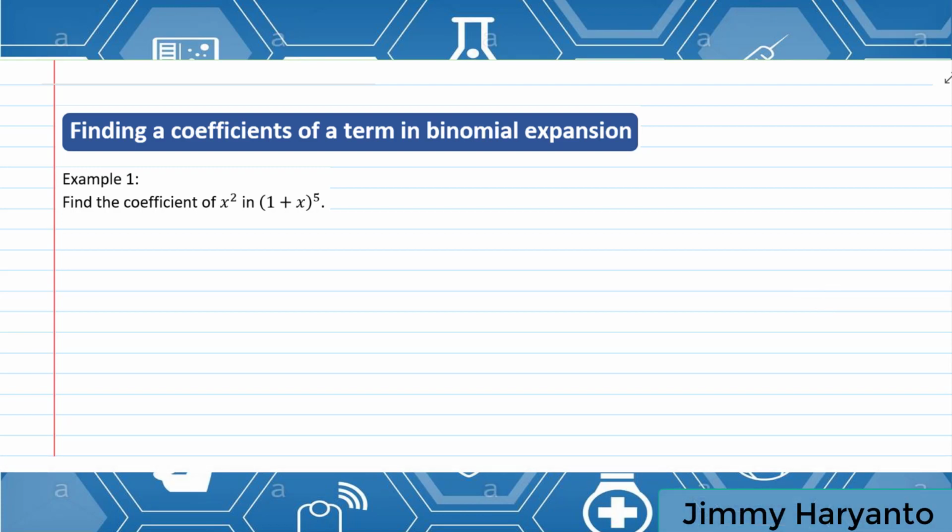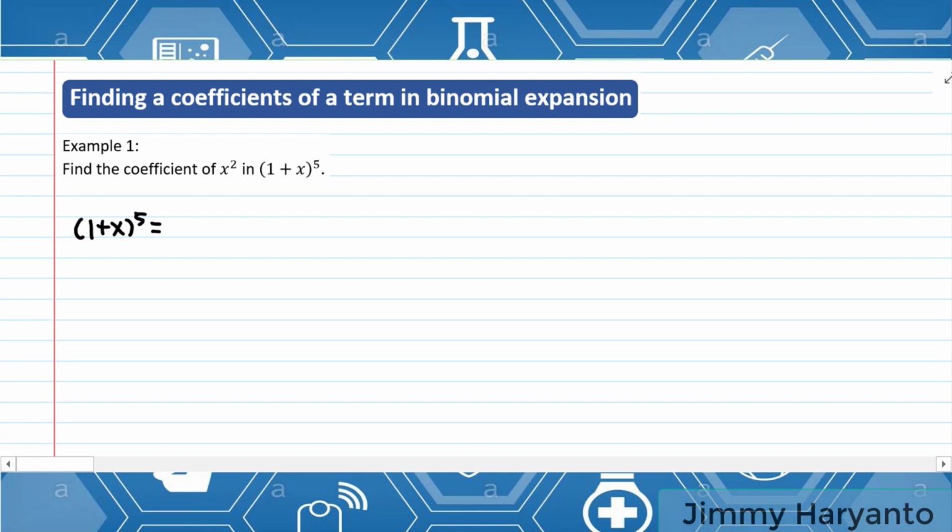If you expand (1 plus x) to the power of 5 just to get the coefficient of x squared, it will take a long time. So we can find the coefficient of x squared directly using the patterns. The pattern is 5 C, we don't know yet, and then the first term is 1 and the second term is x. Because the question wants the coefficient of x squared, I don't have any choice,